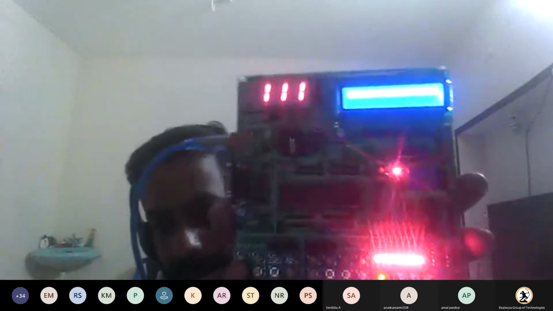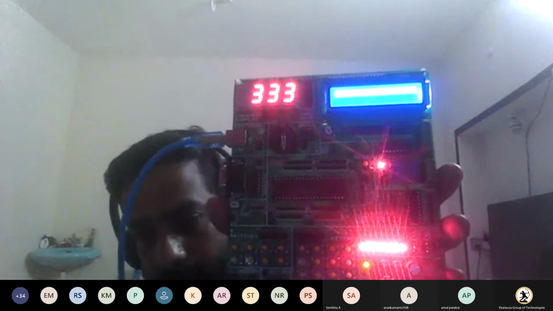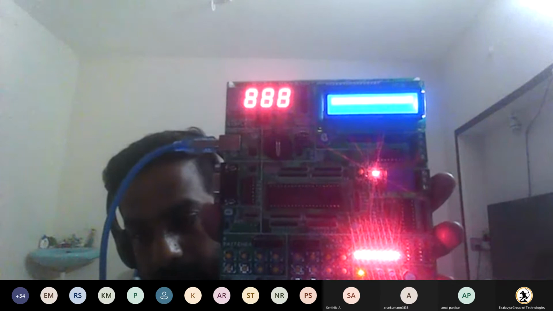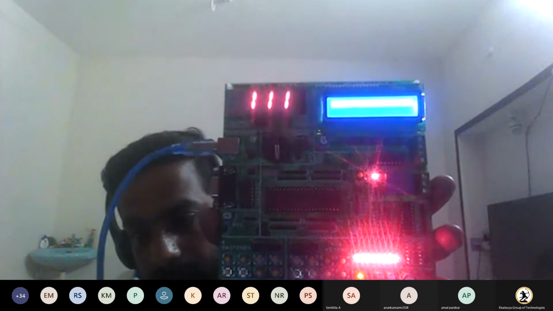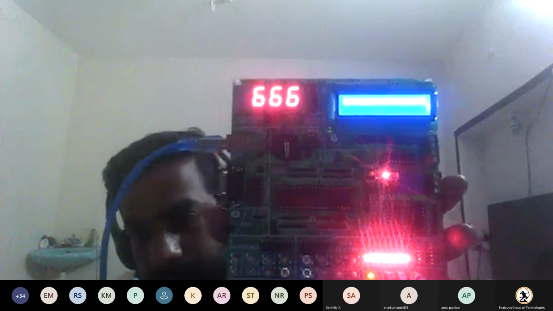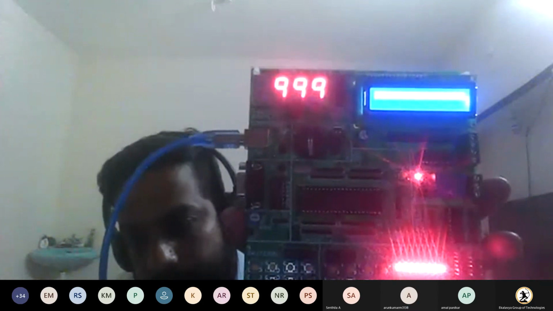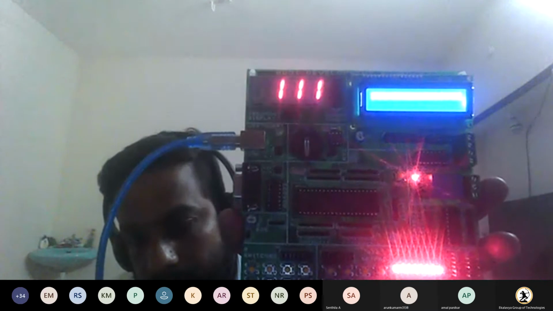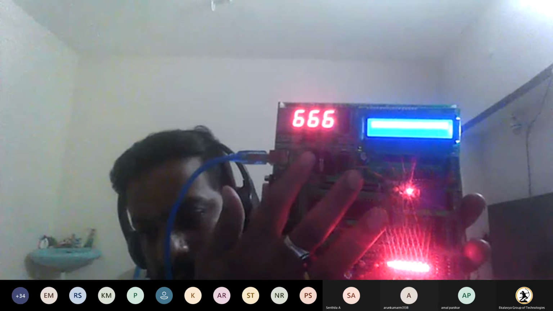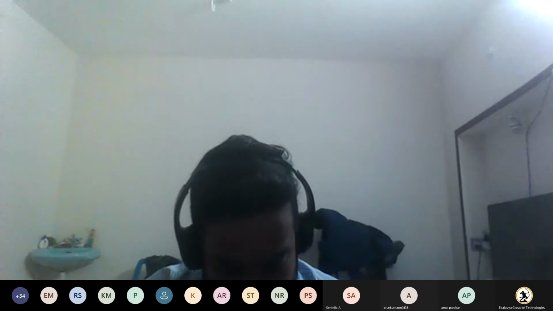See here, below we have jumpers. If you remove the jumper, that particular 7-segment display will not work, but the remaining things work.